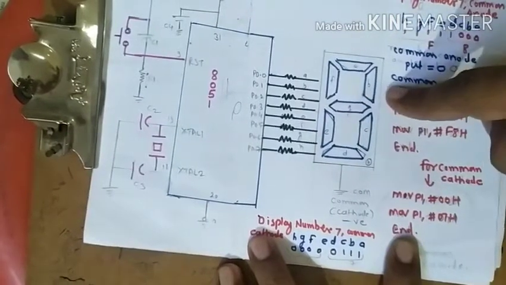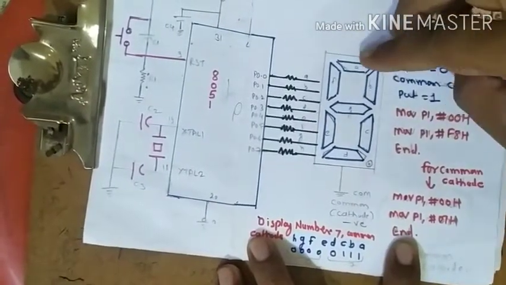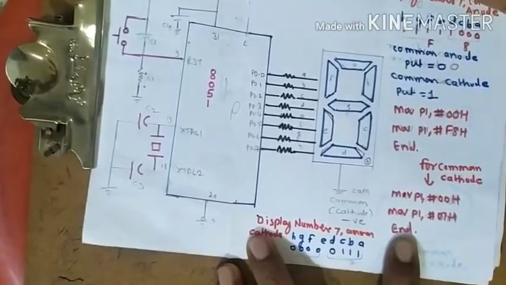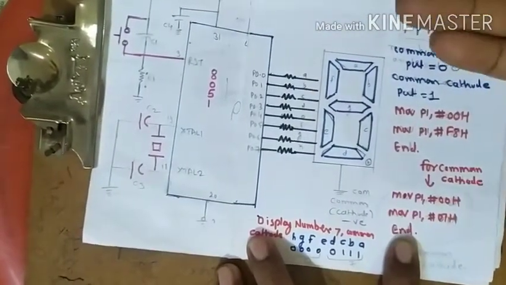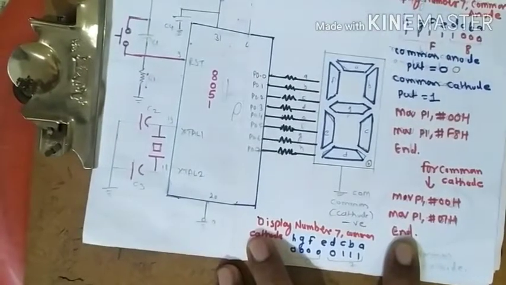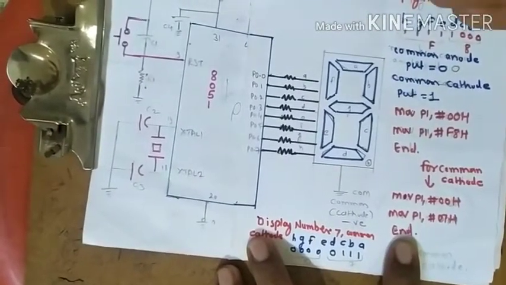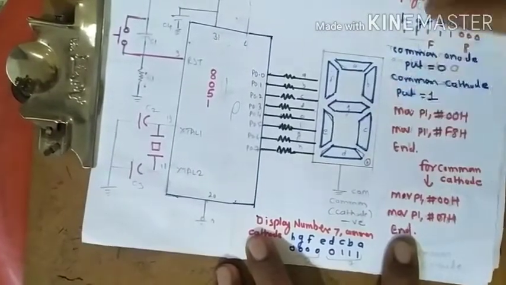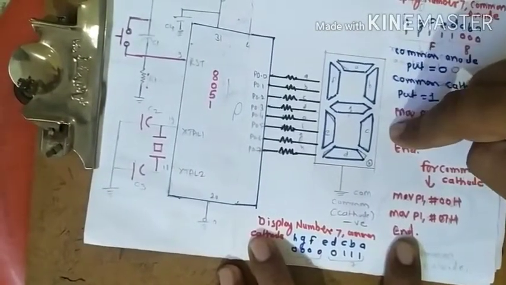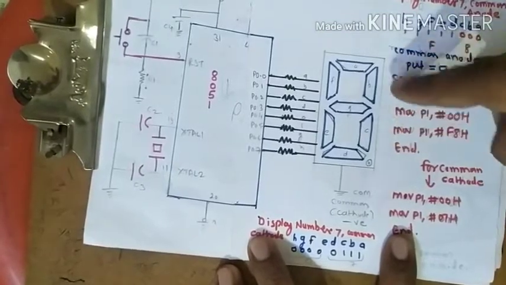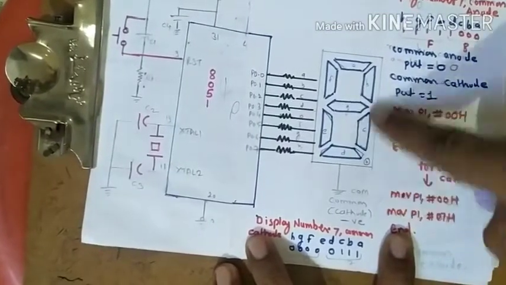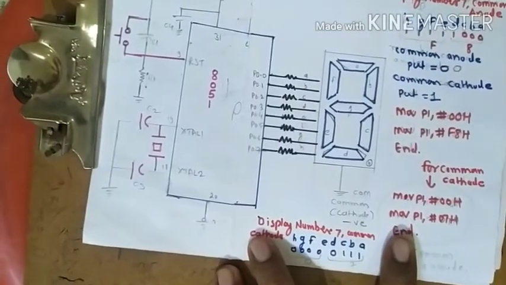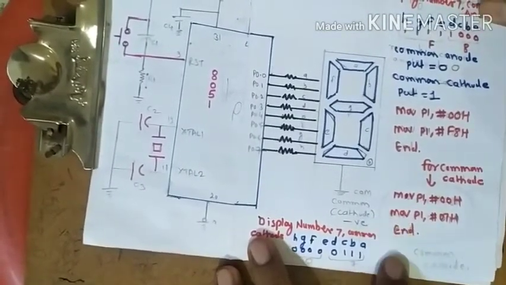Draw the 7 segment display. Give the sequence of the LEDs A, B, C, D, E, F, G as pin number 0 to pin number 7. With respect to that, you have to turn those pins on and off so that the LEDs will glow. According to our logic, if in this condition we want to show number 8, we just make H off and all others on. So in this way you have to display your required information on the 7 segment display.